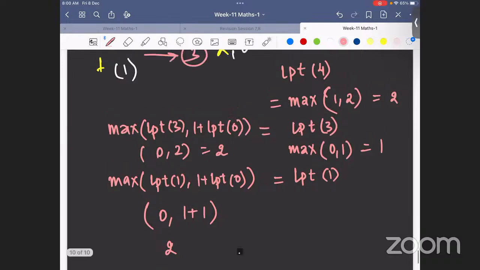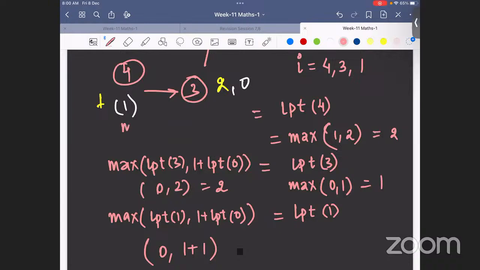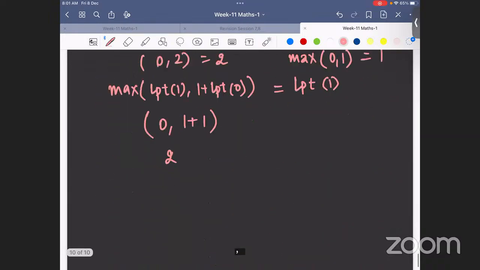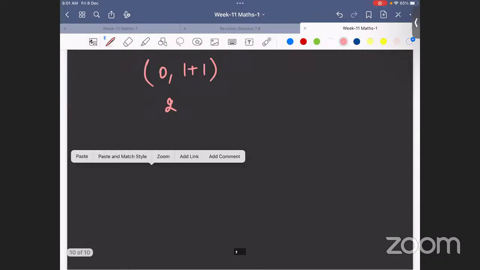Got it, right? And for LPT of 4, it should be maximum of LPT of 4, comma 1 plus LPT of 0. That is also 1, comma 2, and this is 2. So you got the value now. You have updated the value to 2. So now you can update it, right? So if you are updating the value here,